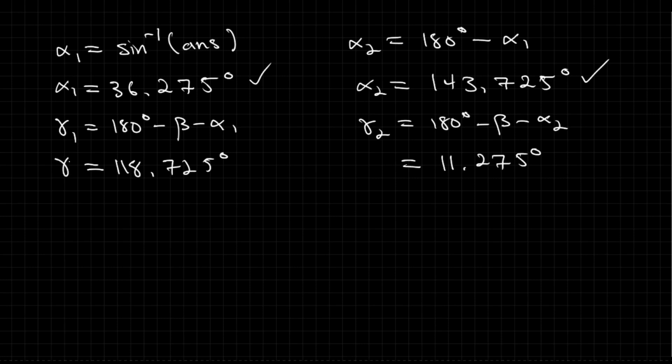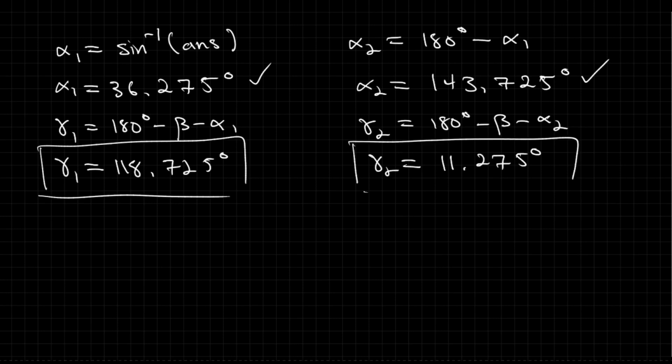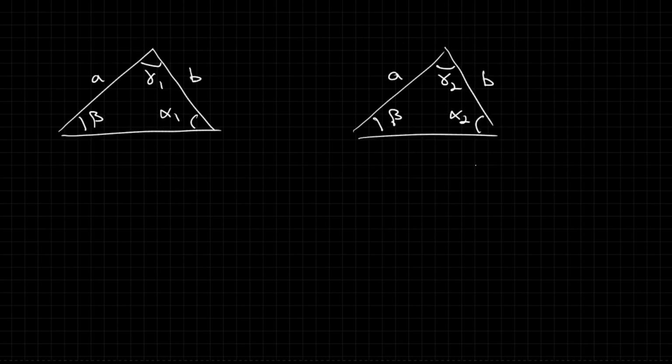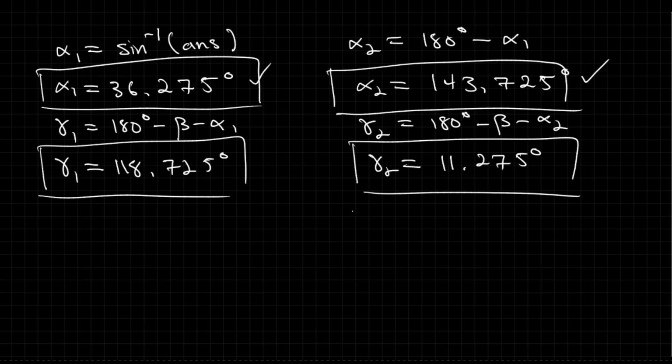and we have figured out almost everything. We figured out what the gamma is for both triangles. We figured out what the alpha is for both triangles. So all of this information that I've written on both my triangles, triangle 1 and triangle 2, has been solved for. The only thing left to solve for is C1 and C2, and we can do that using the law of